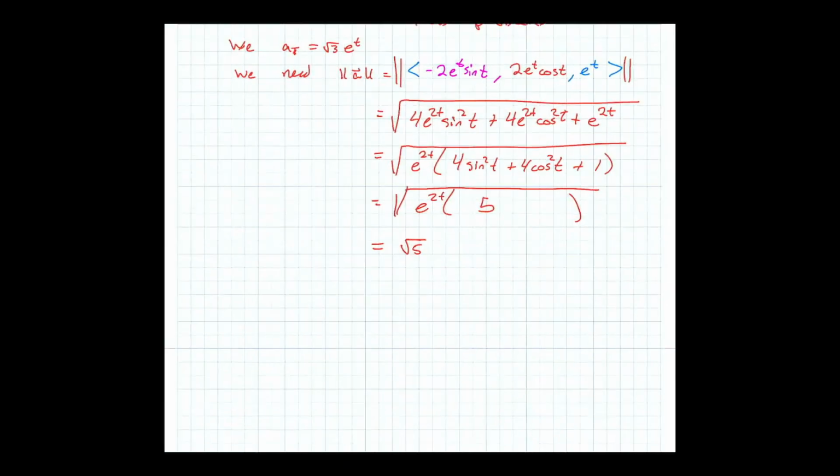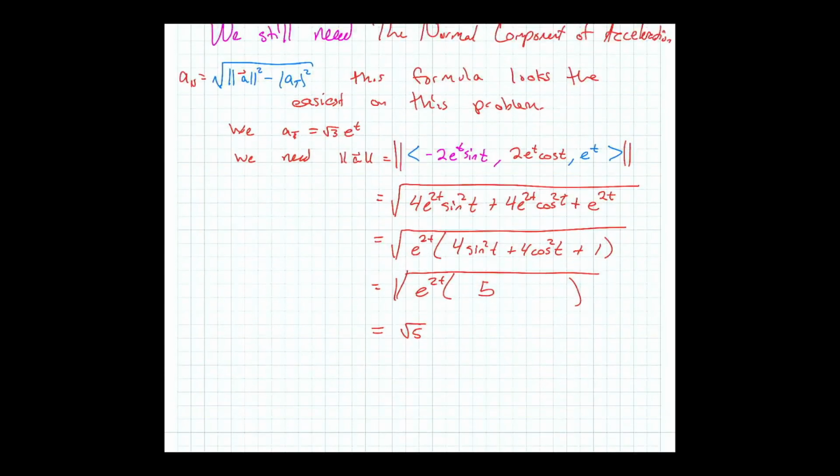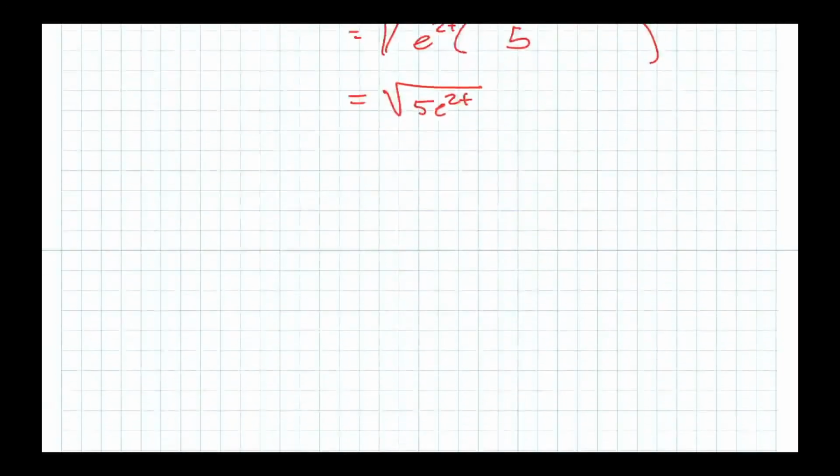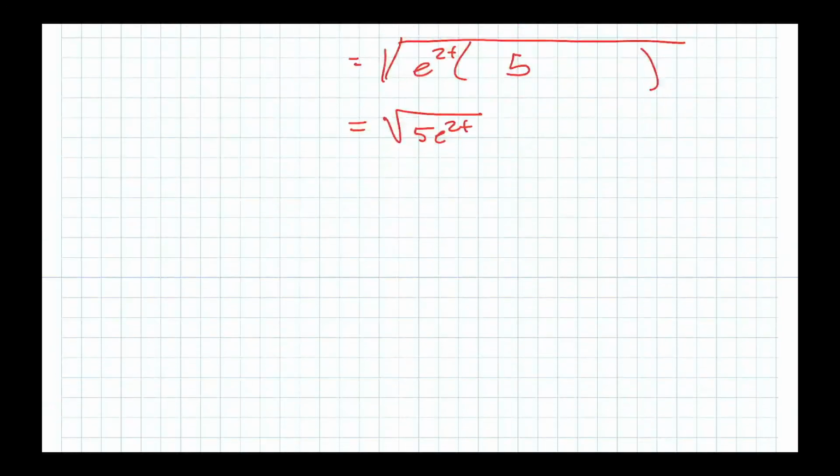And actually, we're going to square this anyway, right? So we may as well just leave it this way. So let's just say square root 5e to the 2t. And that's perfectly fine. Okay? So what do we want then? So now